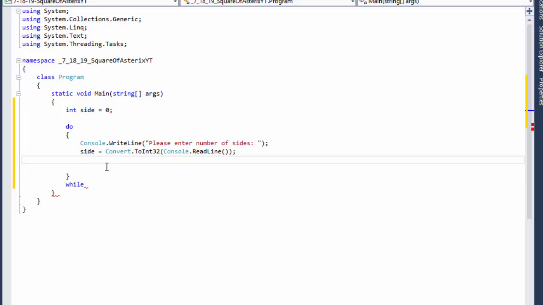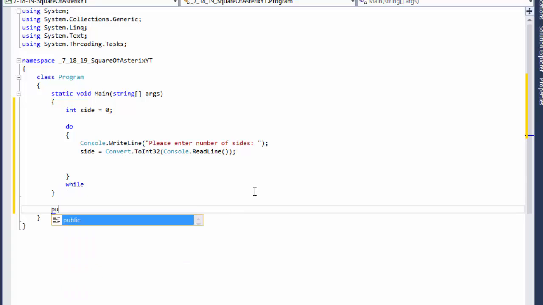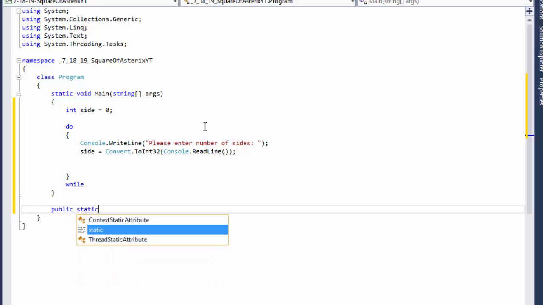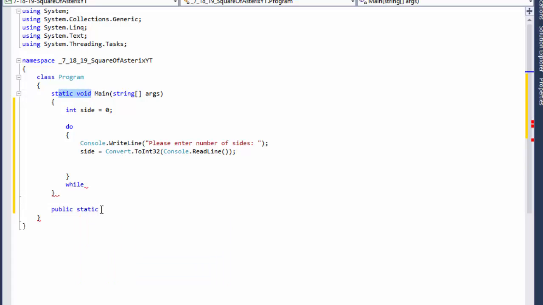However, we're not going to process the loop over here. We're going to create a method that will process it. So it's going to be public, it's going to be static, because the main method is static. So this one has to be static as well, since we are sending variables or arguments to it. So void, it doesn't return anything, it will simply display things, and